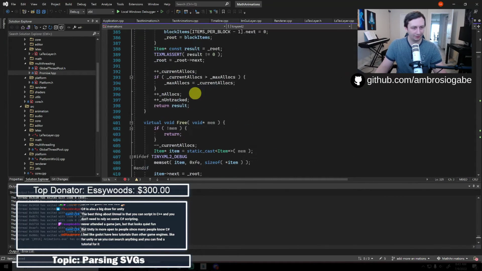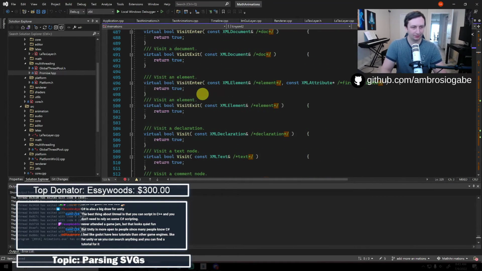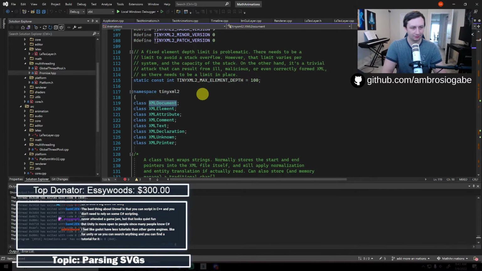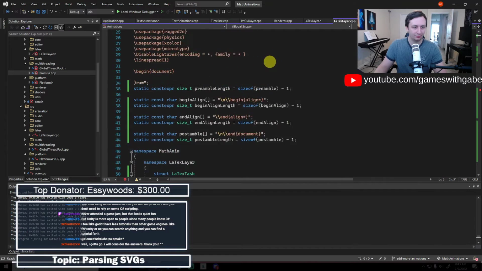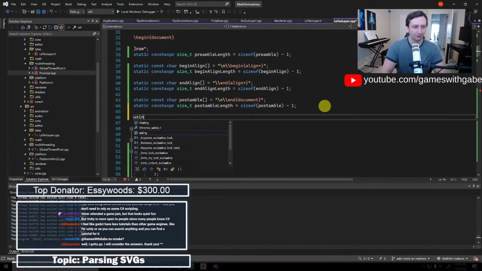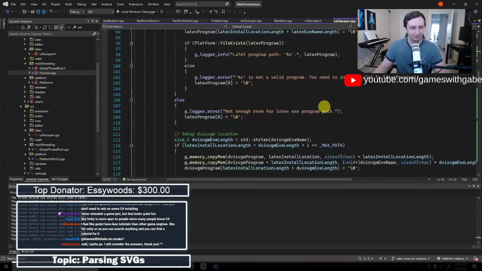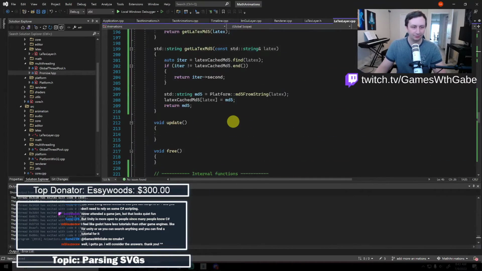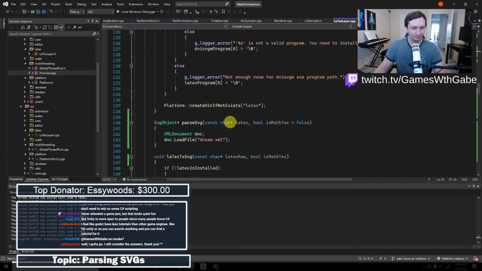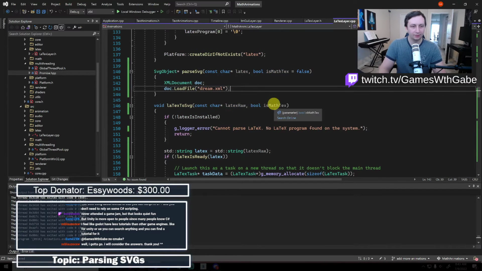They call it XML document. Okay, they do. Yeah, tiny XML2 there. So we can just do that. And now we should be good. Okay, cool. Yeah. So now we can do this.